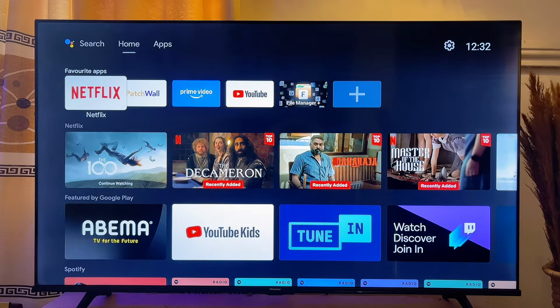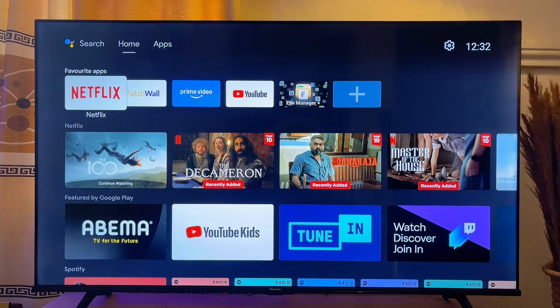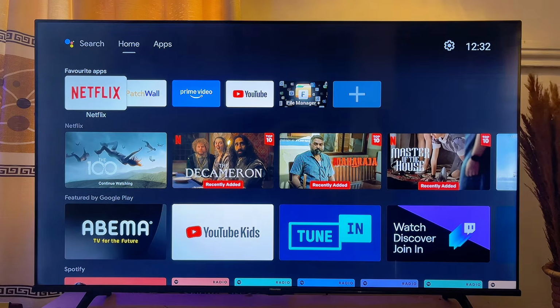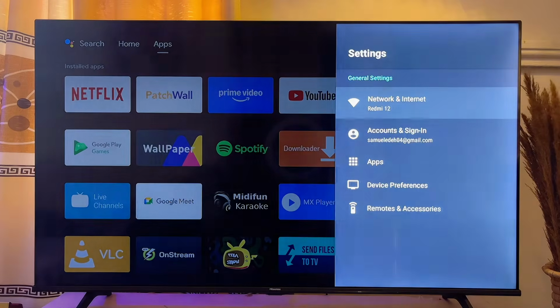In this video, I will show you how to turn on and turn off captions on Android TV. So what you just want to go ahead and do is to locate the settings of your Android Smart TV at the top right corner of the TV. So just scroll to the top and then scroll to your settings, open it up, and then you want to